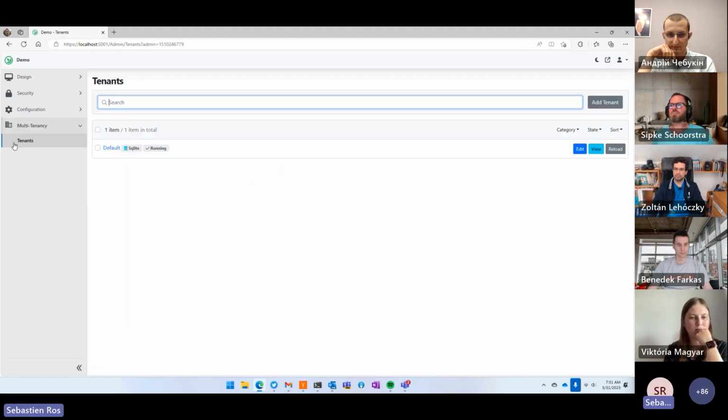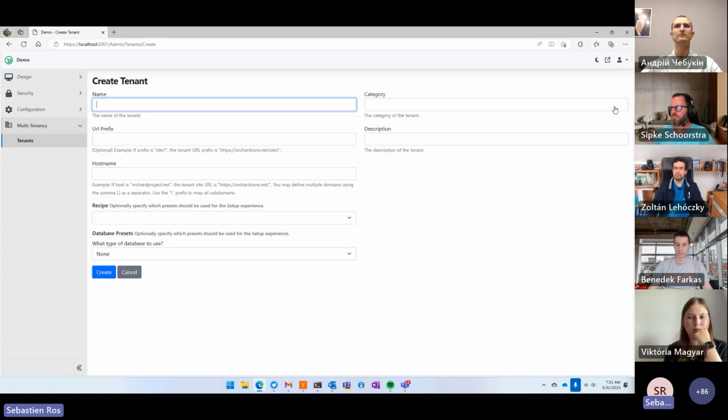Okay, and here we can create new tenants. So the current website is available as a tenant. This is what is called default here. And we can add a new tenant with this button and pre-enter some data that will be available in the setup screen. So everything we do here is just a UI to manage the list of tenants in the database and the file system. So here, if I say tenant 1,